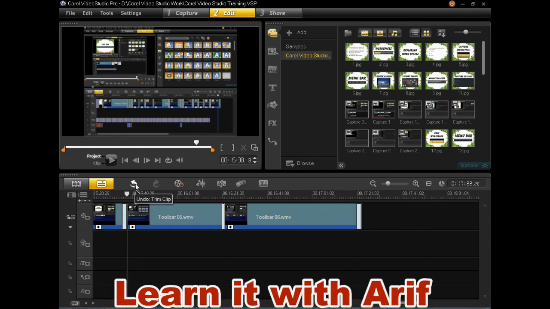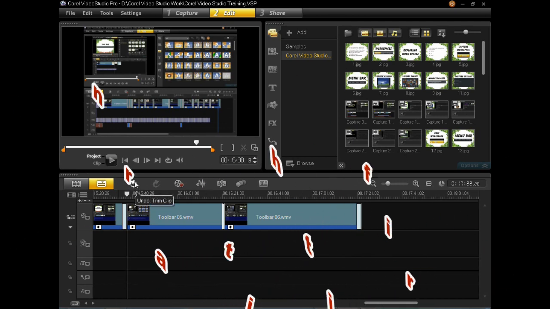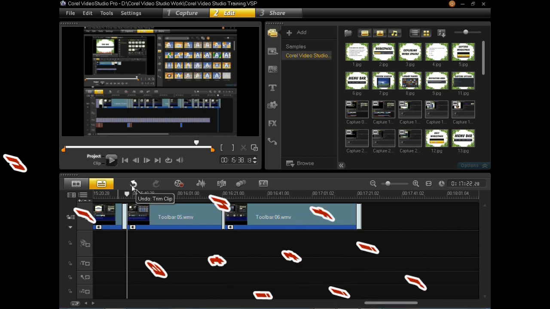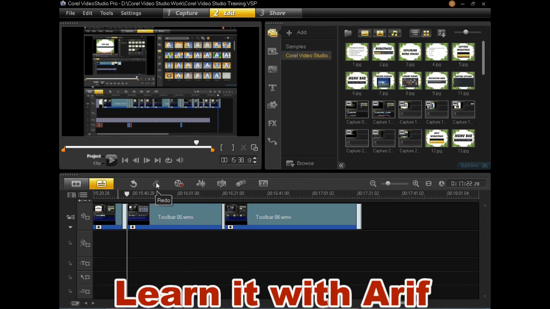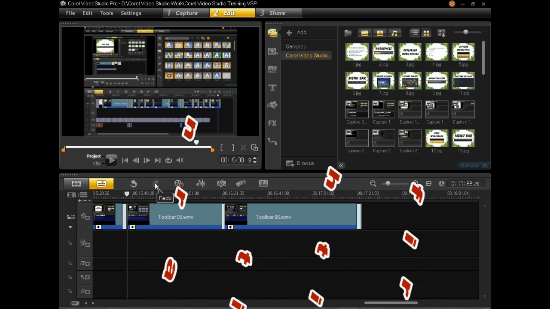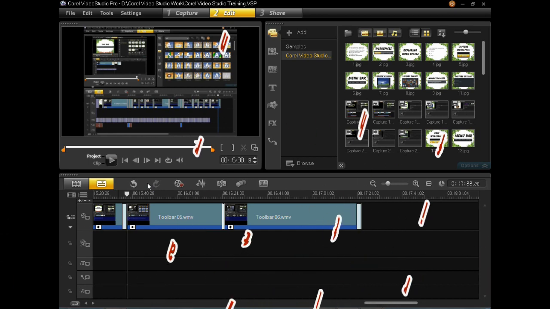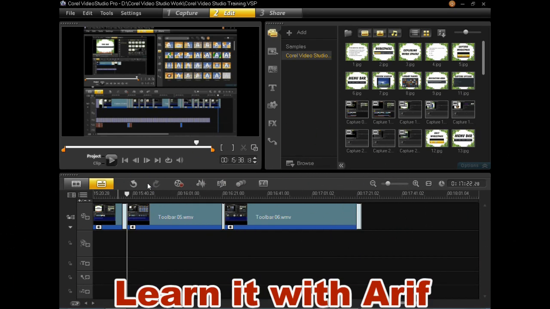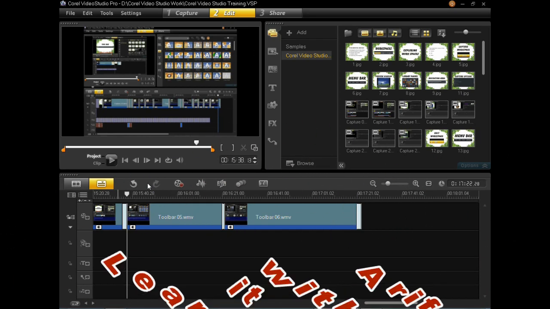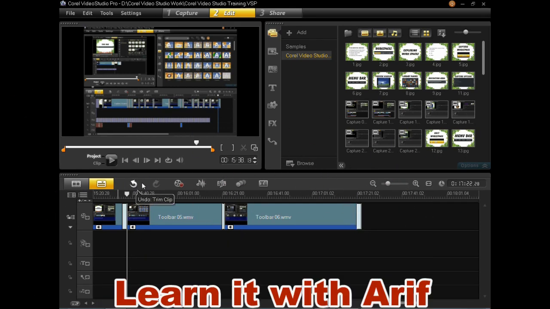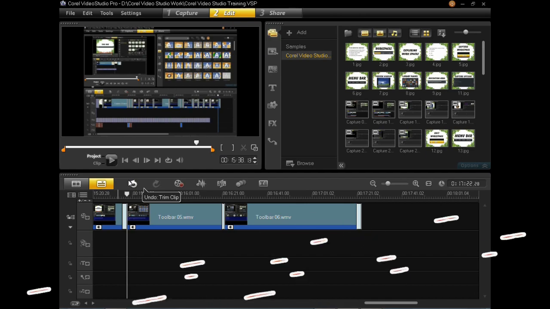Use this undo button. Next to undo button, we see redo button. Redo button reapplies the undone step of the editing process.